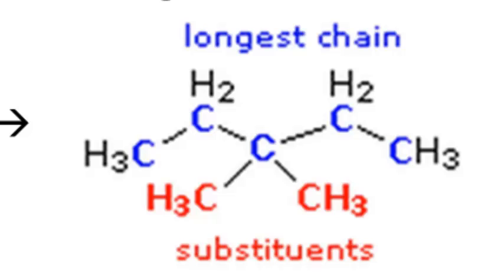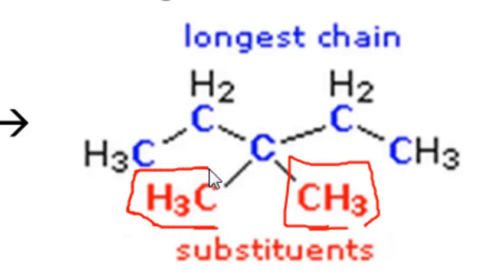Then we have 2 different substituents. Now notice these are separate substituents. If there's 2 carbons attached in one chain, we call it ethyl, but these carbons are separate chains. So both of these are methyl groups, but we have 2 of them. So we want to say where those substituents occur, so we'd say they occur at carbon number 3, and then we'd say there's 6 total carbons, so this is